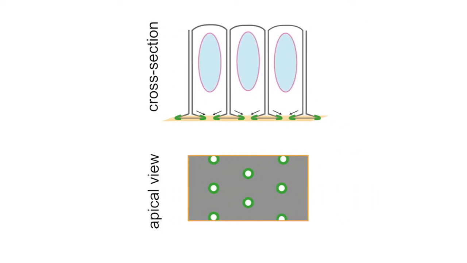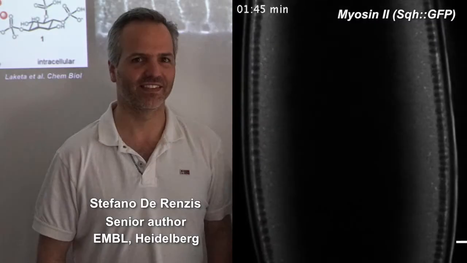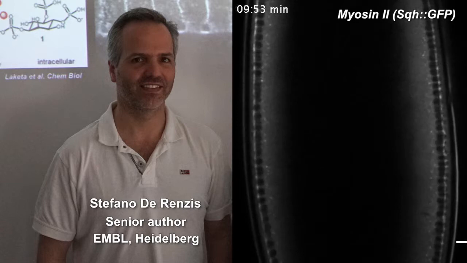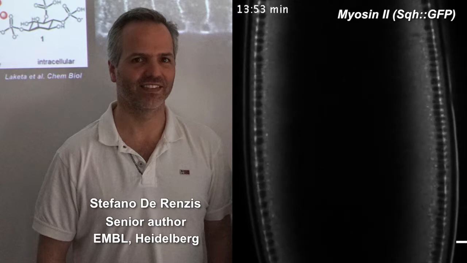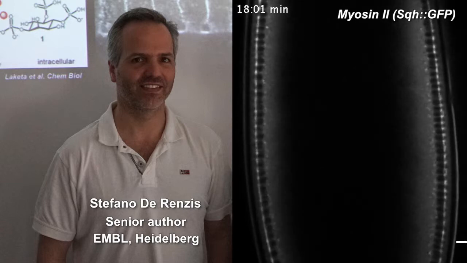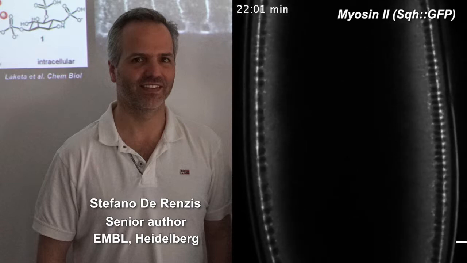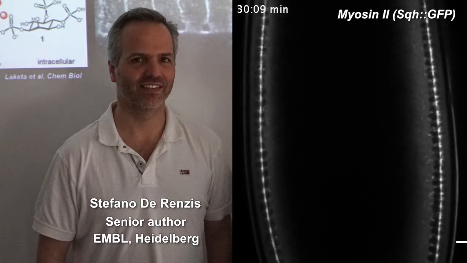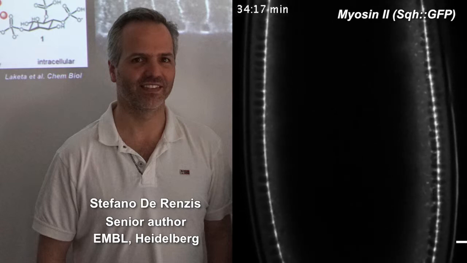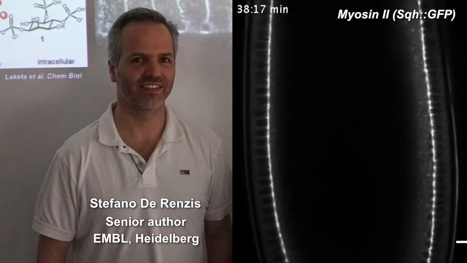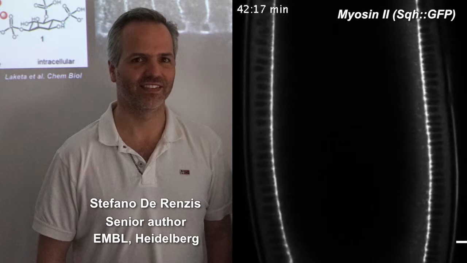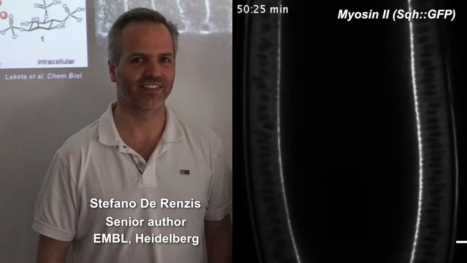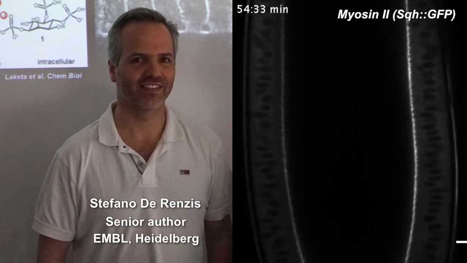called the blastoderm. Stefano De Renzis from the EMBL in Heidelberg, Germany, is interested in how phosphoinositide lipids might coordinate the processes of membrane growth and actomyosin contraction during blastoderm cellularization. We knew that phosphoinositides are important for controlling actin dynamics at the plasma membrane. However, we didn't know what role they play in vivo in the context of a morphogenetic process like cellularization and